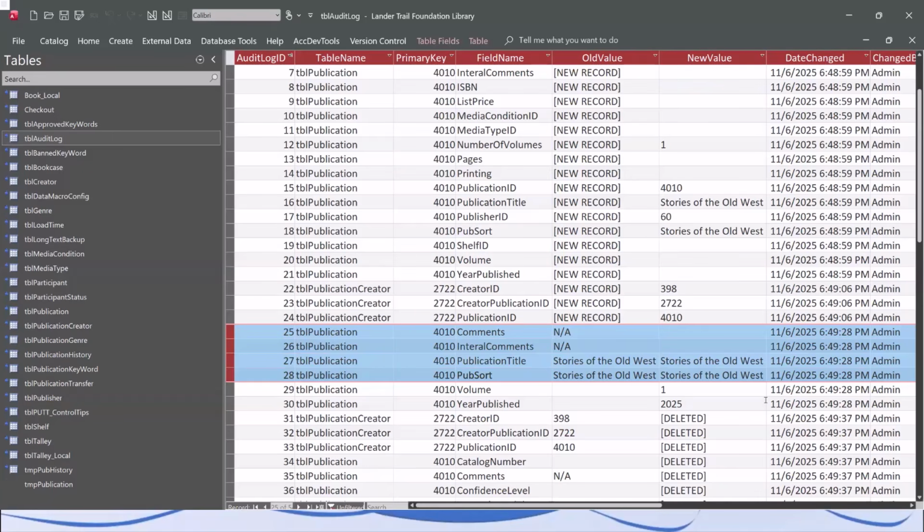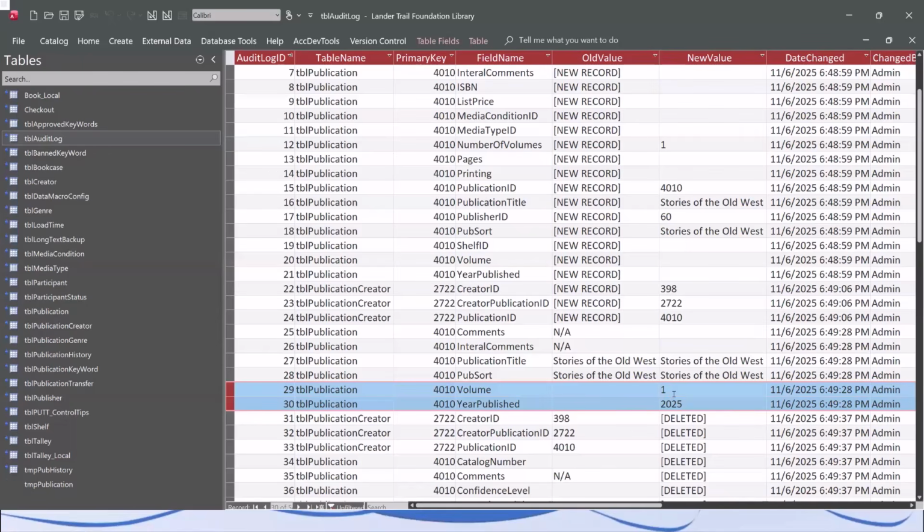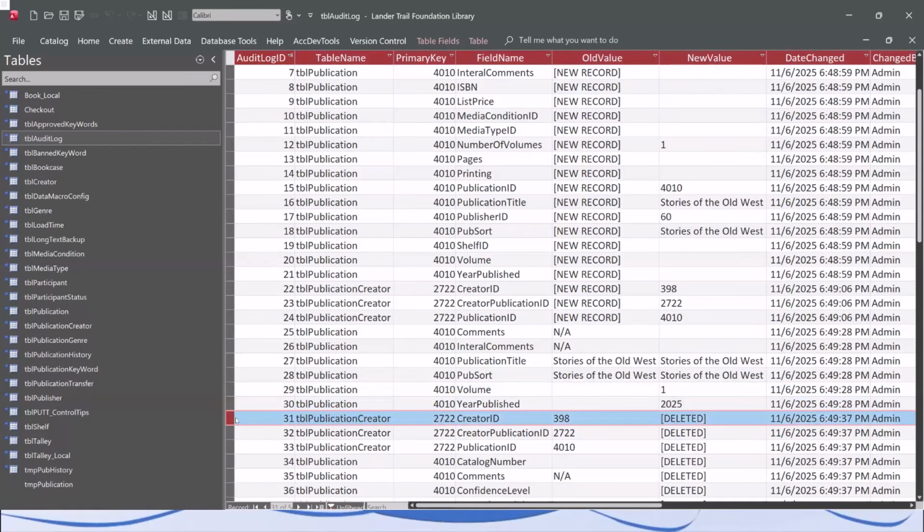Tom has a question which I will address. Yes, PubSort probably should be converted to text 255. These are the 2 fields that I added when I made the modification. There was no old value. Now there's a new value. And when I deleted it,